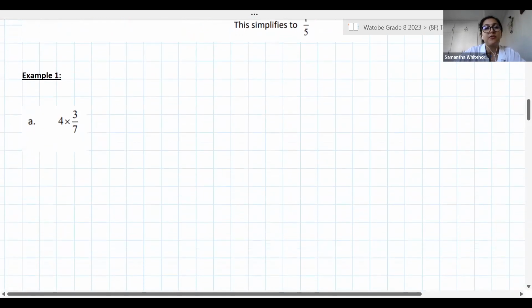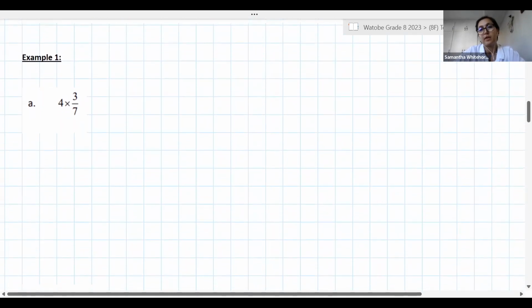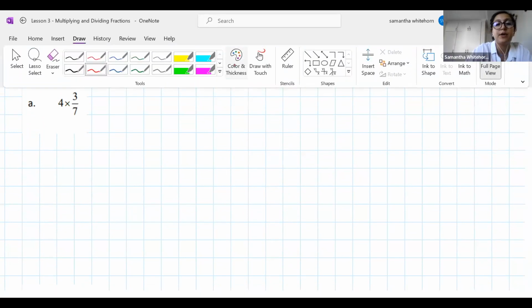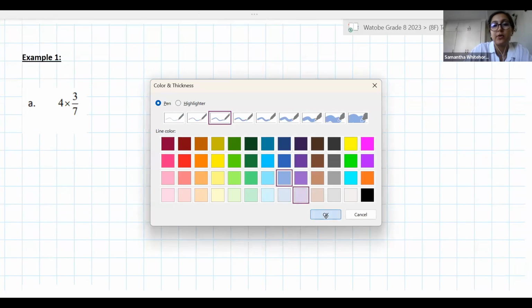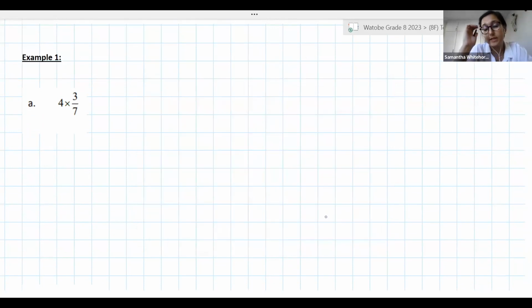Our first example said 4 times 3/7. Now, again, like Yolanda said, you can put this on your calculator and you can very easily get your answer. But what happens if you're told to do this without a calculator? Well, let's see what we need to do. There's a couple different ways you can deal with multiplication, and I'll show you these different ways as we go along. But the first thing that we always want to do is make sure that the numbers we're working with are in fraction form. So this 4, I want to write as a fraction, 4/1. It means the same thing. I haven't changed the meaning of it. I've just written it in fraction form. So now I've got 4/1